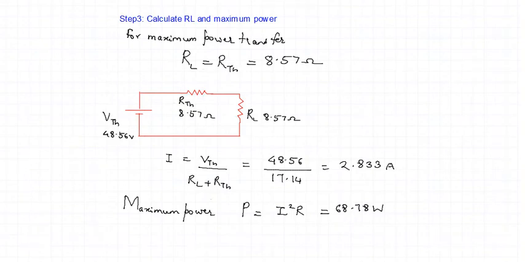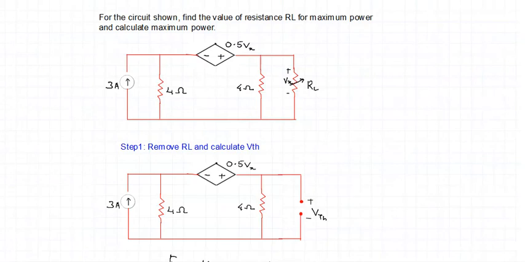So here is one more example involving an independent source and a dependent source. All the earlier examples we saw were independent sources. Now let us look at the procedure to find the maximum power transfer to the load when dependent sources are involved in the network. So here is an example which includes a dependent source, and we have been told to find the load resistance RL.